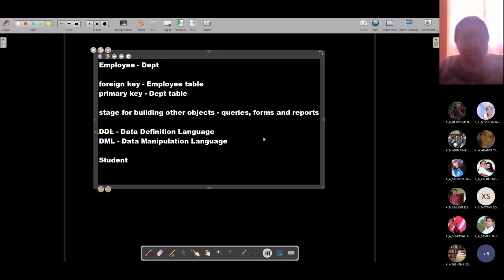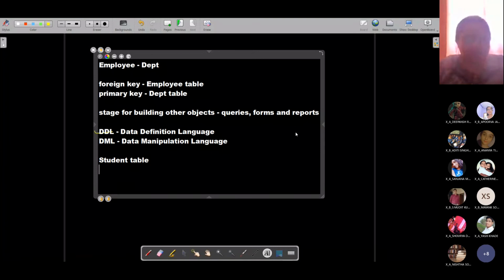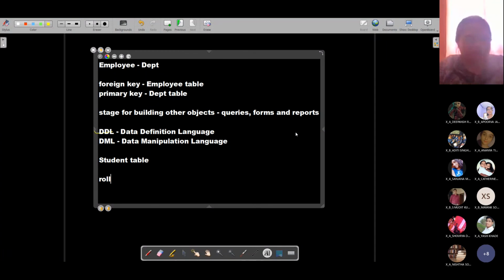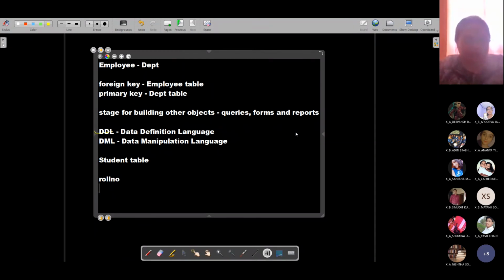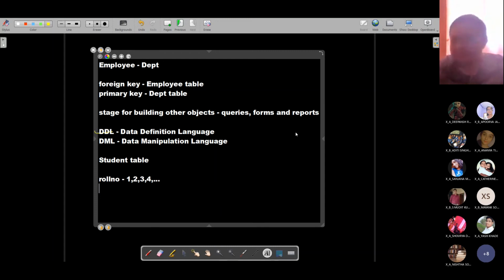Okay, so I want to create a student table, and it should have the following fields. First is roll number, and roll number will be of this type: 1, 2, 3, 4, and so on. Second is S name, that is student name, and it could be a simple name, that is, the full name